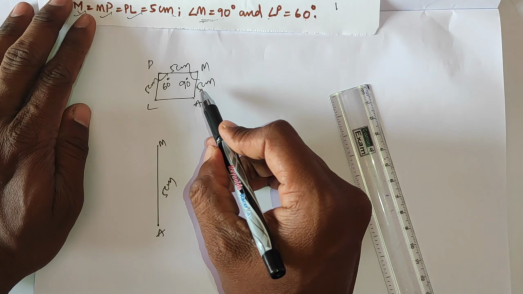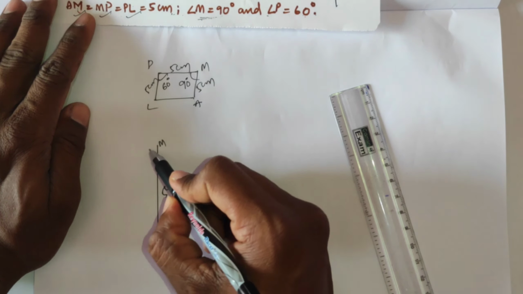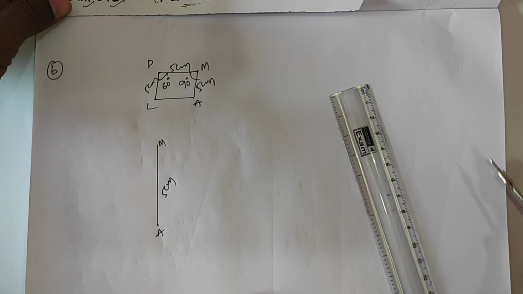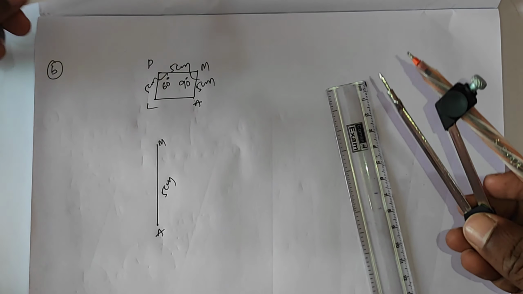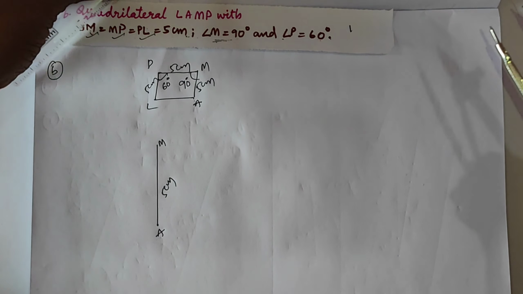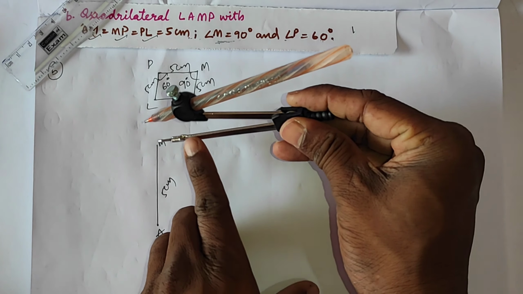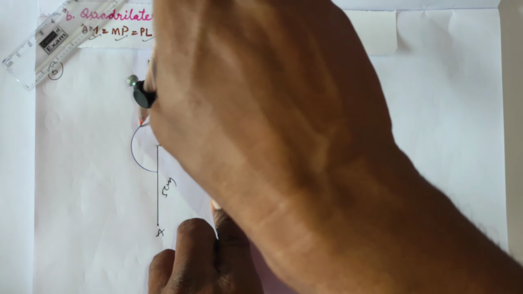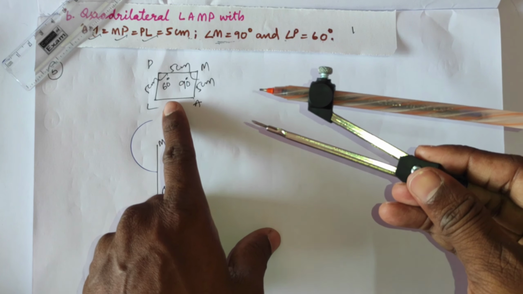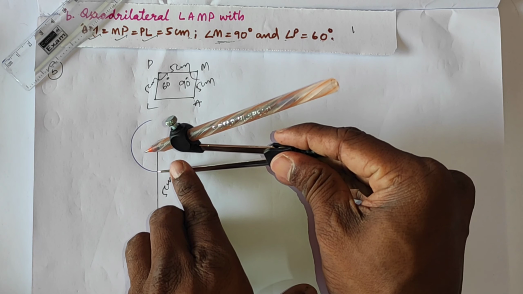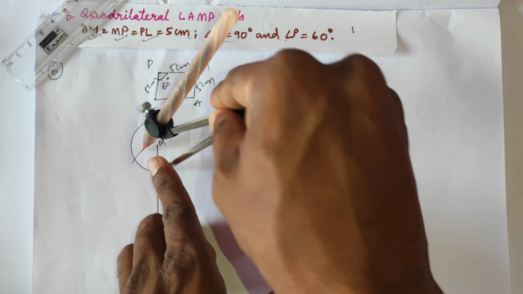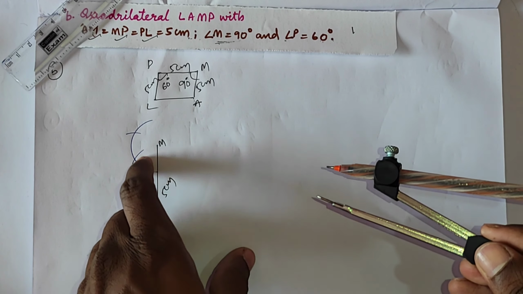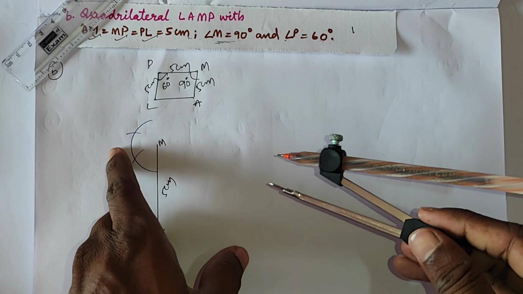Okay. Then what is given? Angle M is given as how much? 90 degrees, meaning it is given as a right angle. So with the help of a compass we will construct 90 degrees here. Take center M here, draw an arc. To construct 90 degrees, first we have to take 60 degrees, then double 60 we will get 120. So between 60 and 120, 90 degrees will lie.